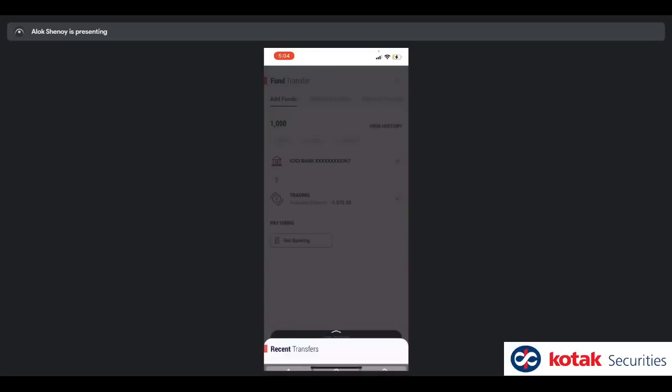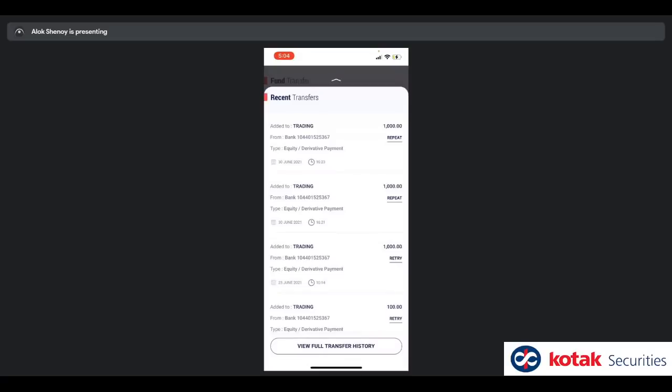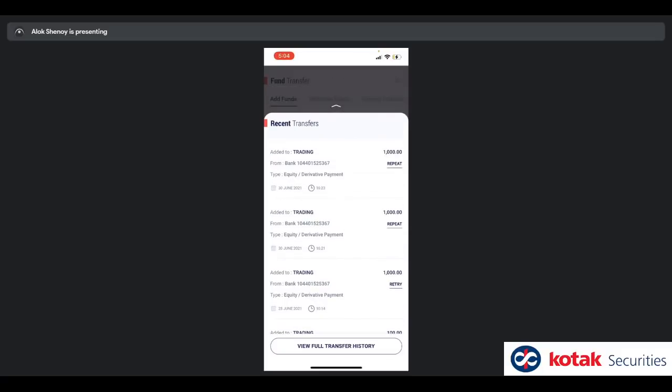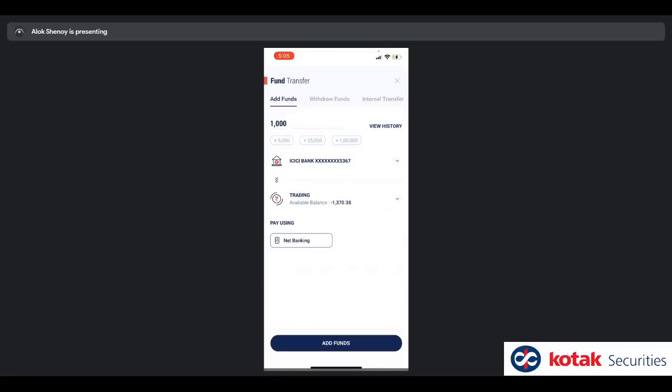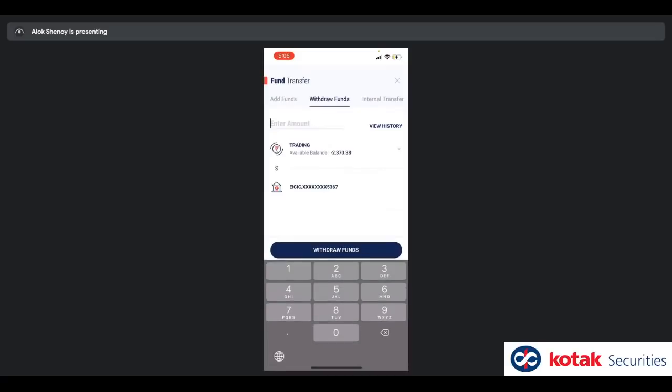If I want to view history of my transactions, I go to view history, and this shows me transaction history of individual transactions that I've done, okay? Just before this call, before the webinar started, I did a transfer so that I could demonstrate more to you. That's why you can see two recent entries, right? To add a bank, you would need to speak to customer service or reach out to a Kotak Bank retail center near you, right? When you want to withdraw funds, you go to withdraw funds and it tells you how much your available balance is, and you can withdraw according to that.